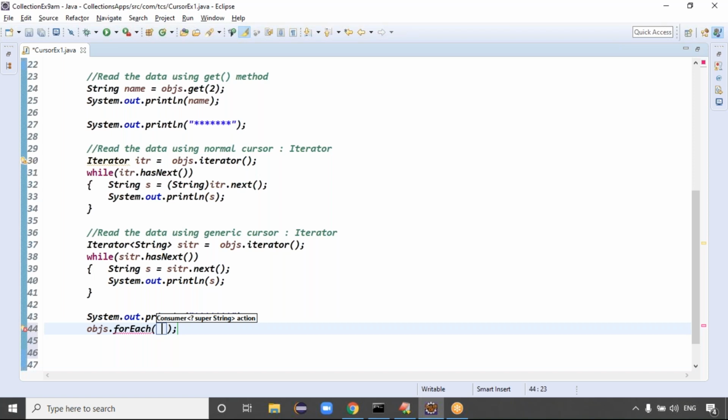That is called functional programming, right? What do you mean by functional programming? We are passing a function as an argument. Here we are passing a function as an argument, the accept function. That is called functional programming, guys. We achieve functional programming using lambda expressions. For forEach, which argument are we expecting? A Consumer object. Consumer is a functional interface, which contains only one method, and that implementation we can write directly here, right?